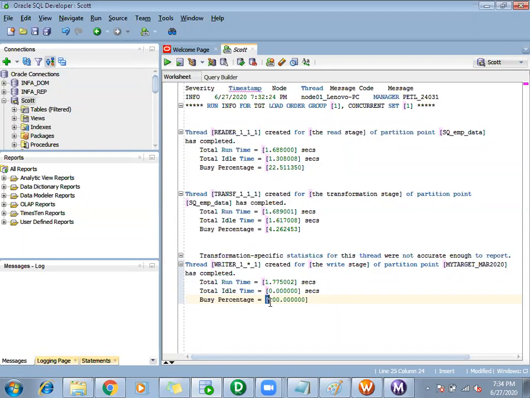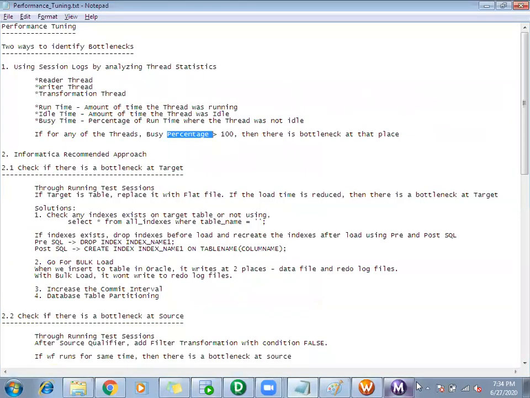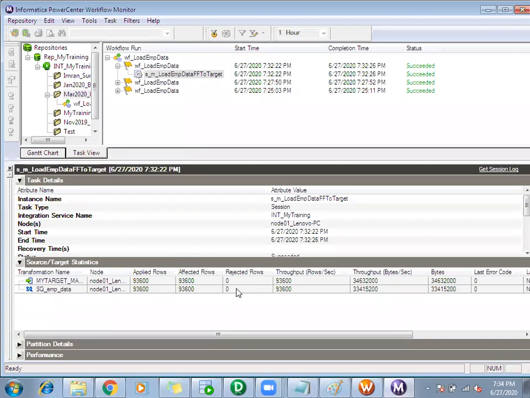Either it can be a table, it might be a source or a target. If you take one flat file as a source and also a table, you add the same amount of data in both that file and the table and try to extract the data from them, Informatica will be able to extract the data very quickly from a file than a table. That's why, though I'm taking the same data and loading to the target, the busy percentage is quite more here. But still this is fine because the busy percentage is not greater than 100. In case it is greater than 100, then we say there is a performance issue. So it is 100 and it completed very quickly.